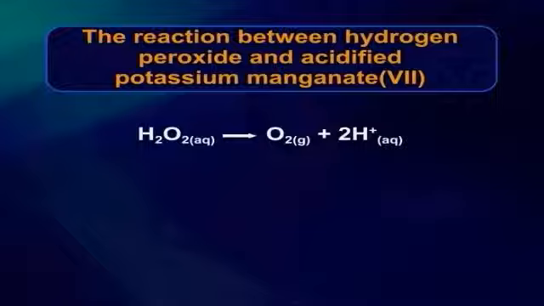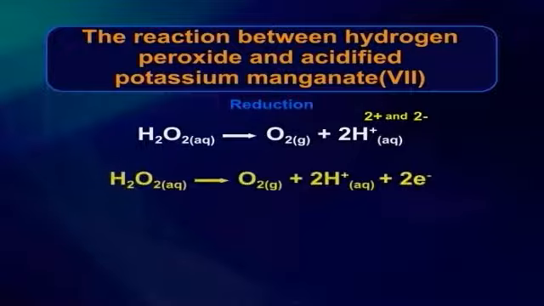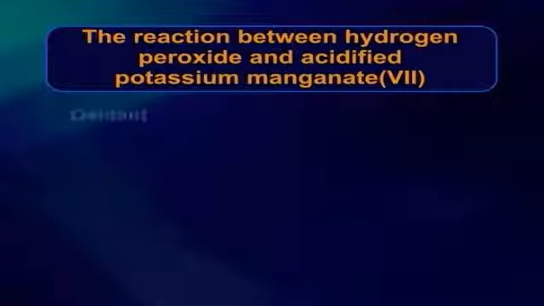Step 1, the reductant. Hydrogen peroxide is oxidized to oxygen. Hence, hydrogen peroxide gives oxygen plus 2 moles of hydrogen ions. In this case, all the atoms are balanced and the charges now need to be balanced. In order to balance the charges, 2 electrons need to be added to the right-hand side of the equation to make the overall charge on both sides 0. Step 2. The half equations are